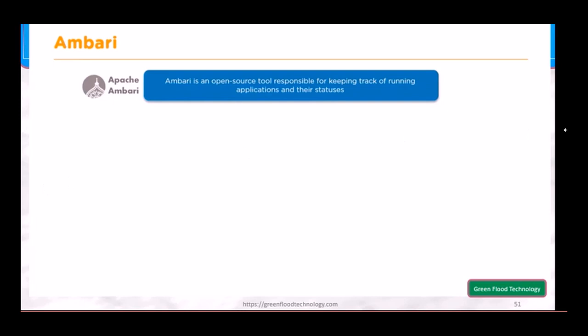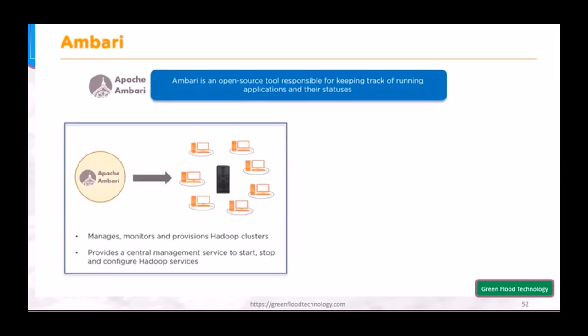Apache Ambari specifically manages, monitors, and provisions Hadoop clusters. It monitors the health and status of the Hadoop clusters, and provides a central management service to start, stop, and configure Hadoop services,